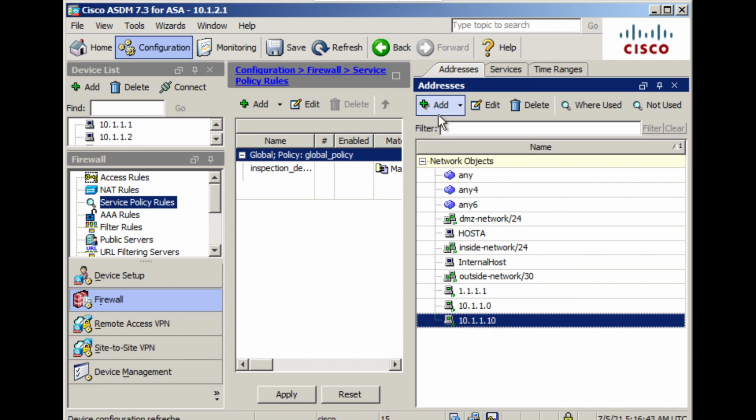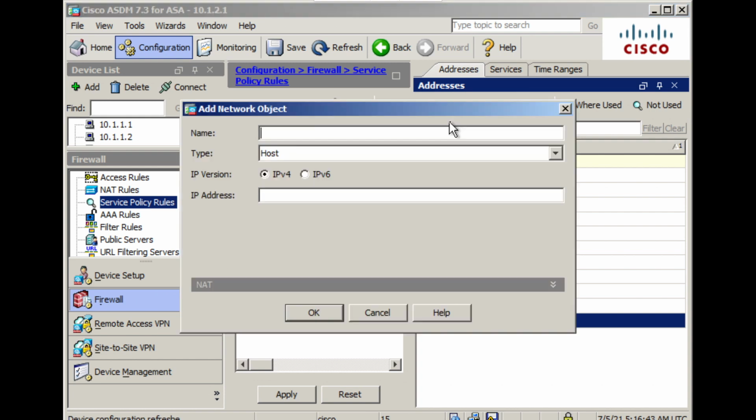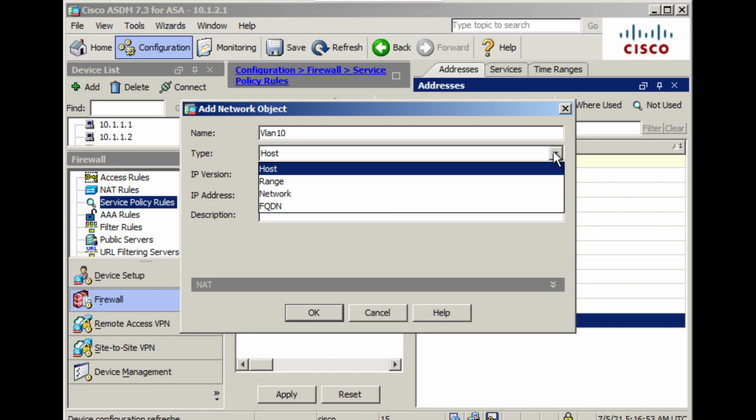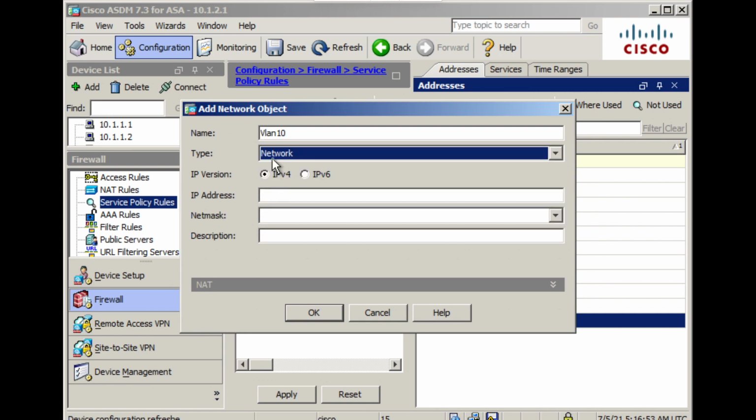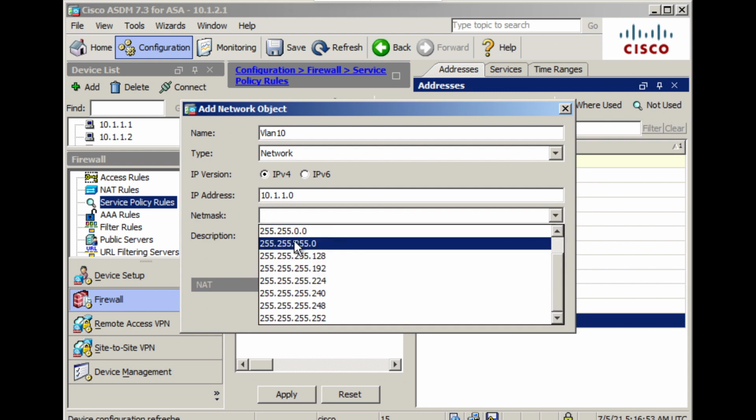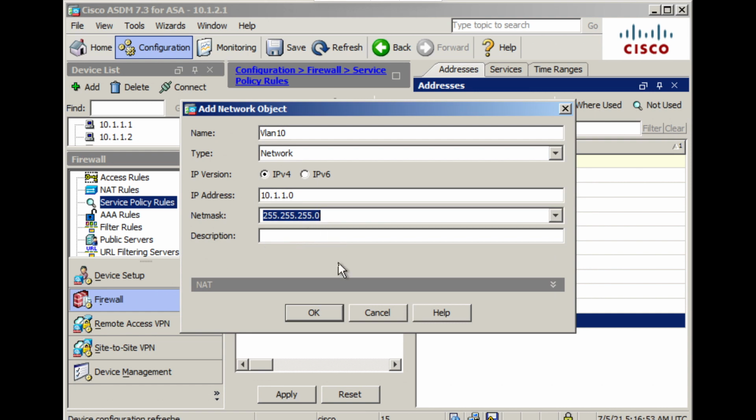So if I have to create an object, all I have to do is what? A network object. I can create it as what? It is going to be my VLAN 10. Now I'll say this is not going to be an individual host. I'm going to be configuring this as a network, and this network will have my internal network with the subnet mask of 255.255.0.0.